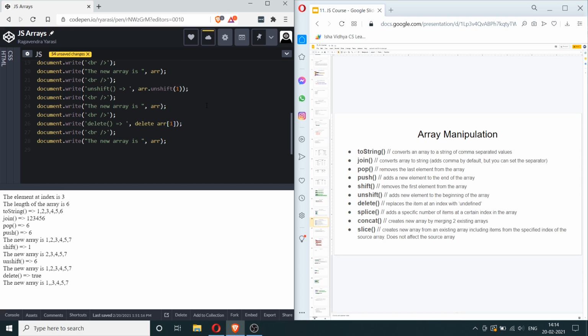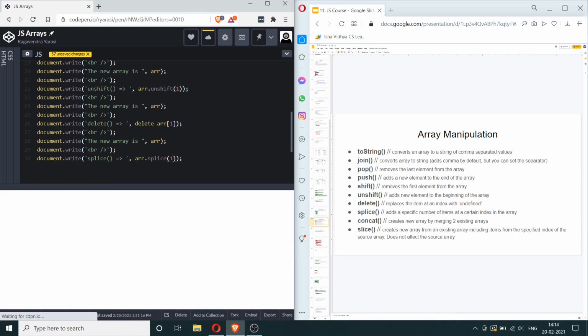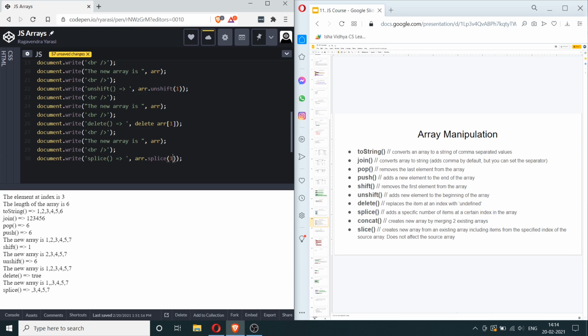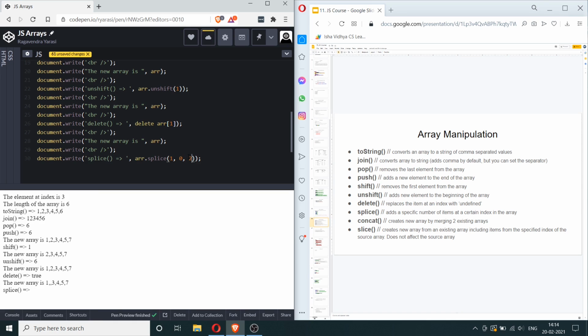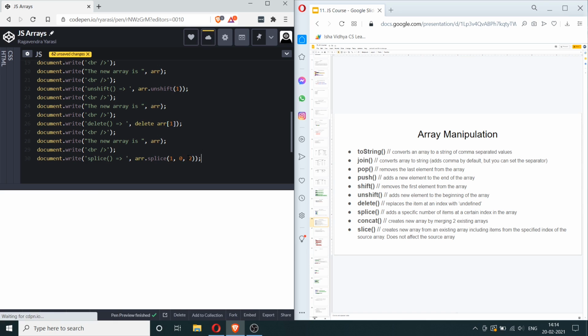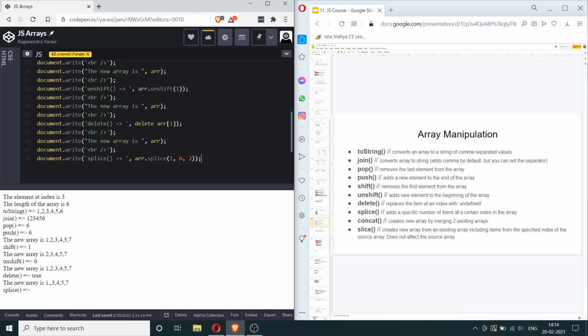So the next method to look at is the splice method. Now it's written a little differently than the other ones. So I'm going to say splice here. The way to write the splice method is you have to pass in certain parameters in there. The first parameter to pass is the index. So at index 1, and you have to specify how many items you want to delete from that index. I'm going to say 0, and then I'm going to add the items that I want to add at that place. So I'm going to say just 2. So 2 is the item that will be added at index 1, and 0 items from index 1 will be deleted. Now if you print out the new array, it will show you something like this.